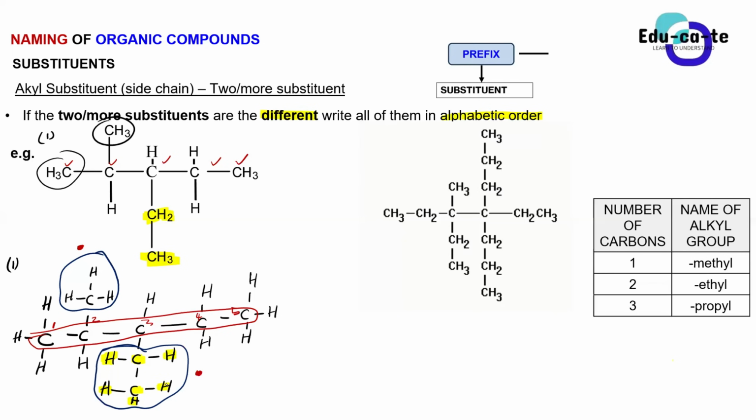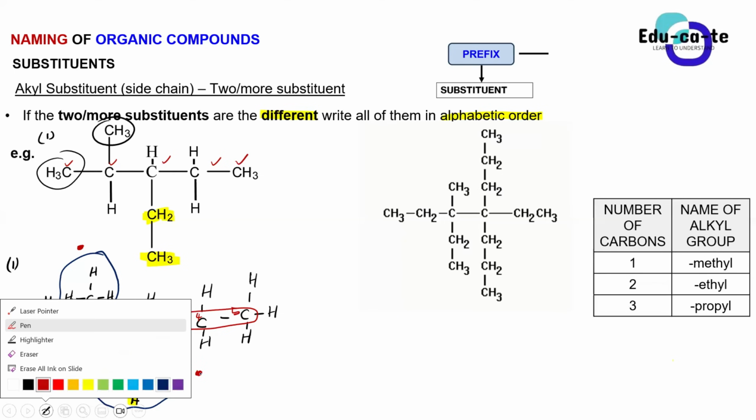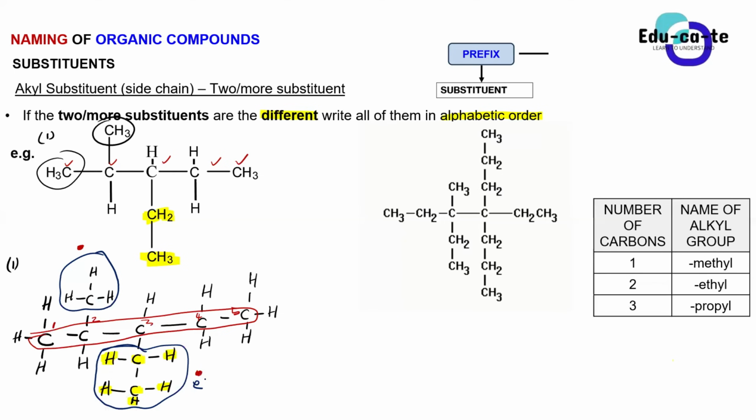So this is an ethyl group. Here this is an ethyl group because it's consisting of 2 carbons, right? And then here on carbon 2 we're having a methyl group. It has got only 1 carbon in it, bonded to 3 hydrogens. Those are our side chains. Those are the only substituents present.